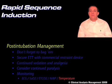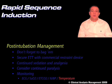Now, when we talk about the paralysis, there are a couple of exceptions. There are a couple times when it probably is really good to do paralysis early. A good example of that might be traumatic brain injury. Another good example might be somebody with ARDS who you're having to use different modes of ventilation from what's normally physiologic. Another time when we might paralyze somebody pretty early is somebody with heat stroke that we're trying to cool. So there are some times when it is appropriate to paralyze, but really the big thing with paralysis is